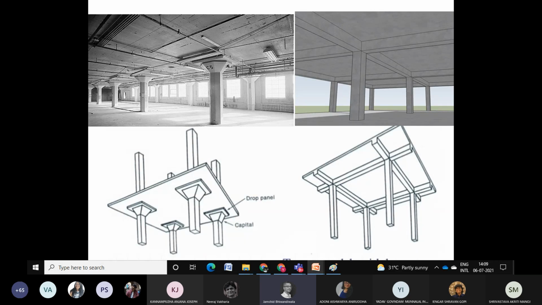Now we do know that I'm introducing further concepts beyond the one-way and the two-way slab. I already introduced you in some way to what a single ribbed slab is, but we are now getting into further beam-slab systems. That is, we are getting into what is called a flat slab. Now we all know that slabs require beams to stiffen them or to transfer their loads to the nearby columns.